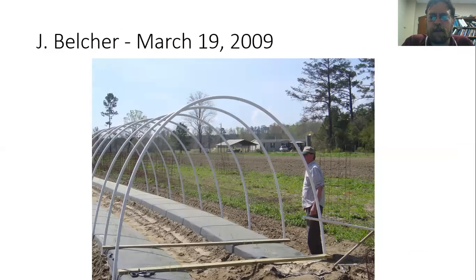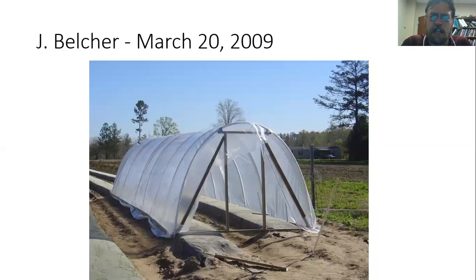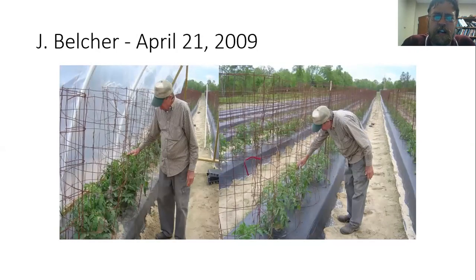This is an example. I mentioned being able to put in a high tunnel just using PVC rather than steel. So this is an example of what was built as a temporary high tunnel. This was in March of 2019. That is Mr. Belcher pictured here. So they put in this temporary high tunnel over 2 rows. And you can see it finished there. The only wood components of that are the end frame that you see right there to allow for putting in the door. So a much more low cost structure than you would see with some of the others that I've pictured. That being said, that was very effective at producing a change in the crop that's being